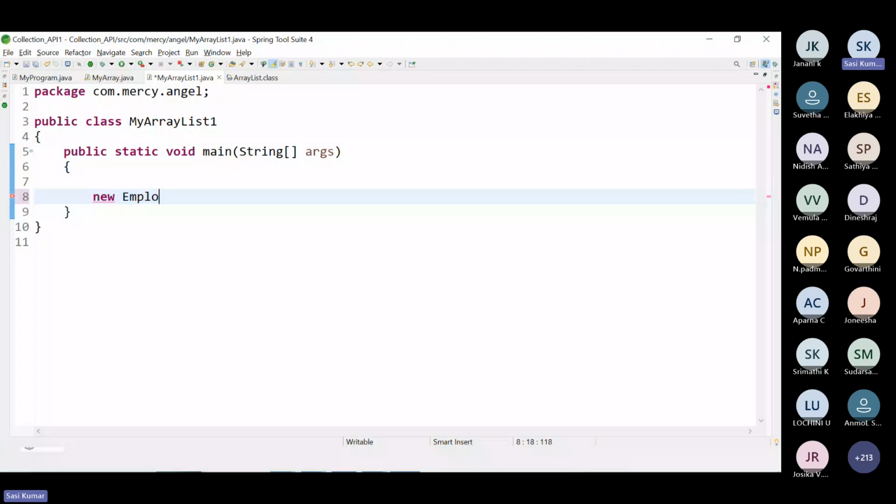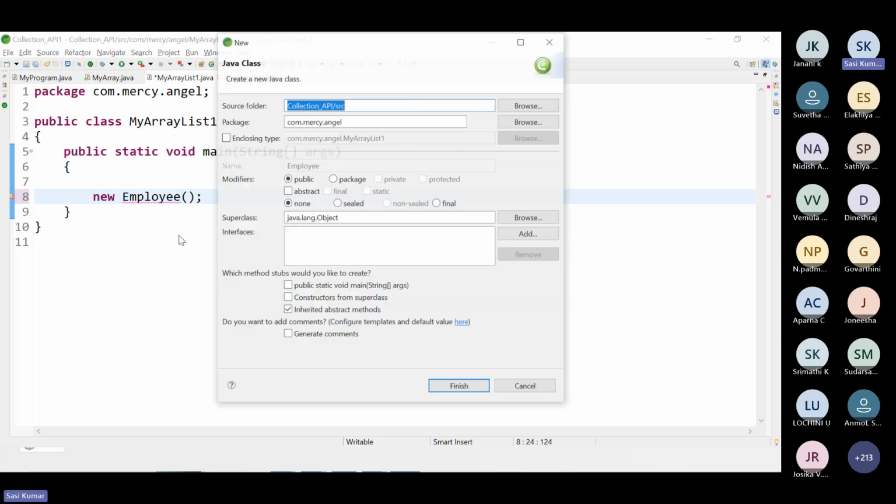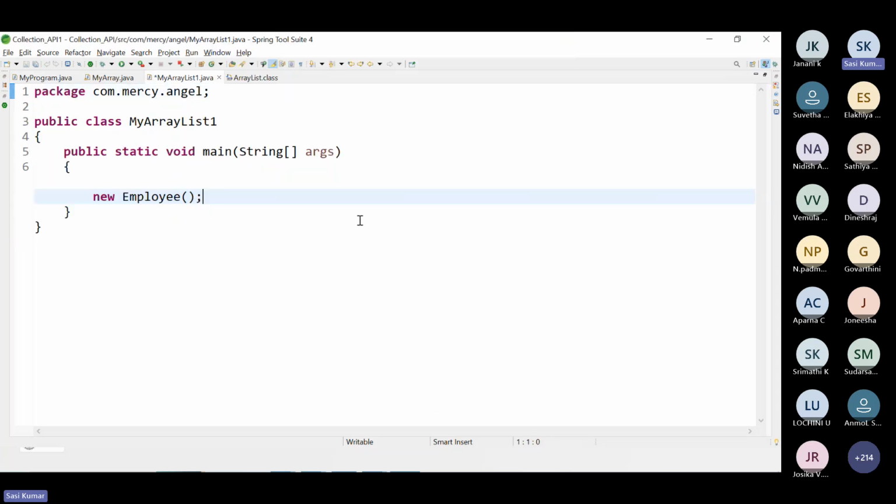For example, if you have a class called Employee, you will use the new keyword, which is object creation. Second, you will create a reference which is used to point to an Employee type object. Third, you will link the object and the reference variable.